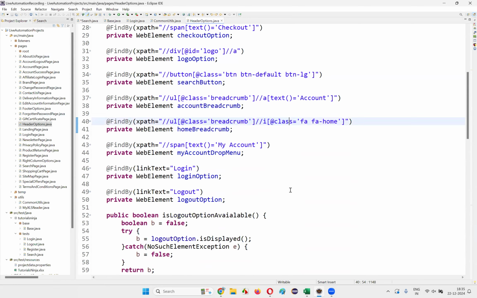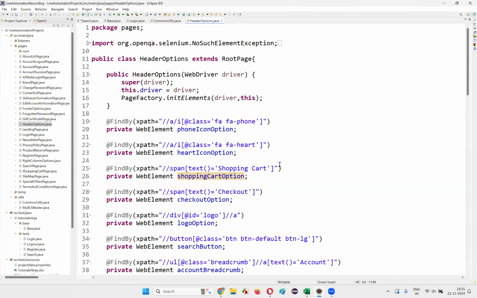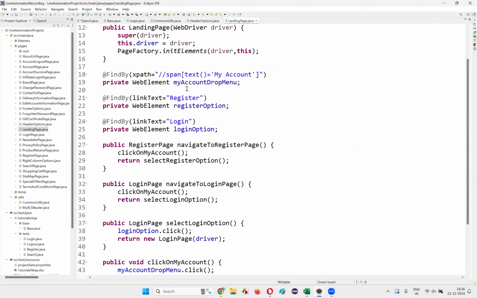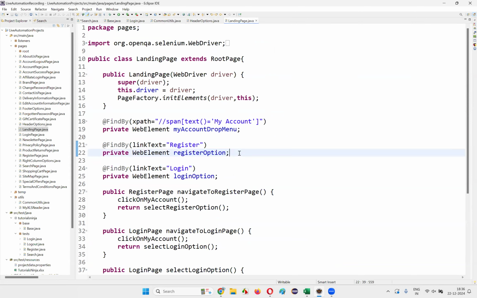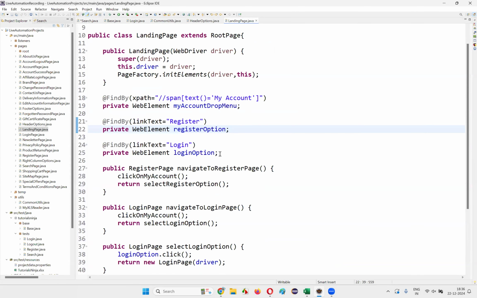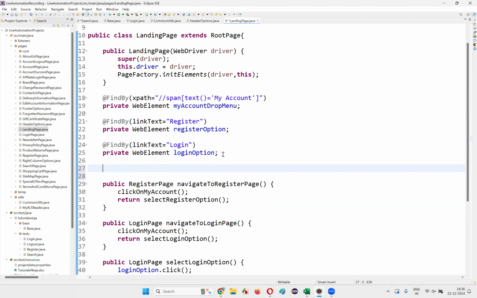Okay, header part. In the header part, you can create, guys. If you want, in the header part you can create, but in most cases we will do it from the landing page only. So you can also do it in the landing page here. You can add the elements in the landing page and we can also get it done. So I'll take one of the approaches here: we'll keep it in the landing page, and if required, we'll also create that in the header options for now. So here I'll create,